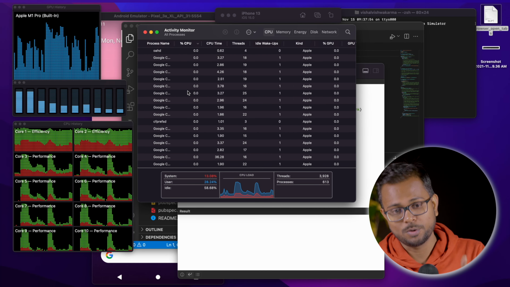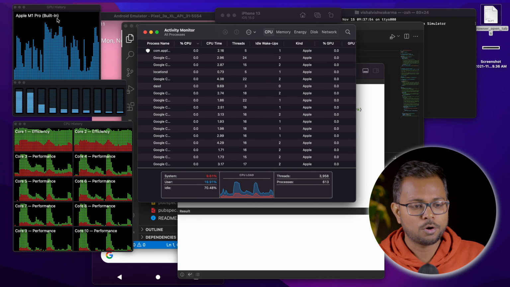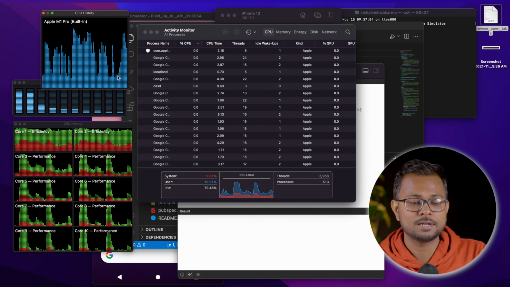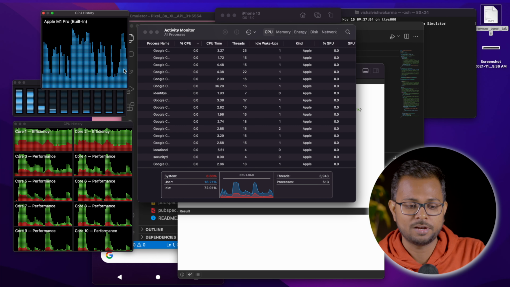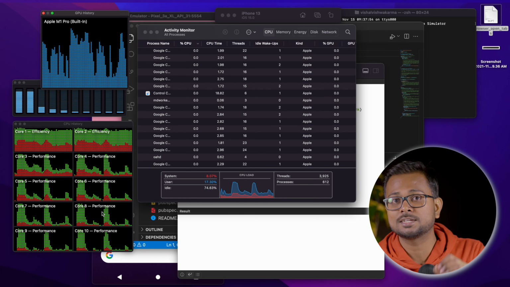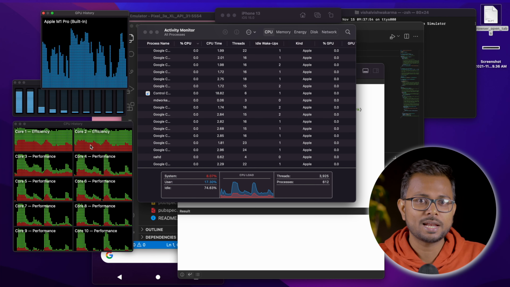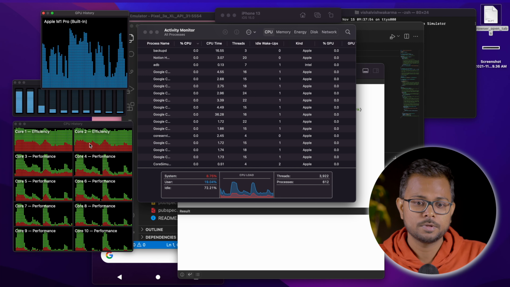So guys, we'll be testing this even further. We can already see that the GPU history is building up a little bit. The GPU monitor is filling up, and the performance cores are also getting filled. But we have around 70% more idleness in the CPU, and we'll try to utilize that for some more tasks. So let's try building an iOS project. That is, by the way, one of the benchmark projects. So let's try building that up.